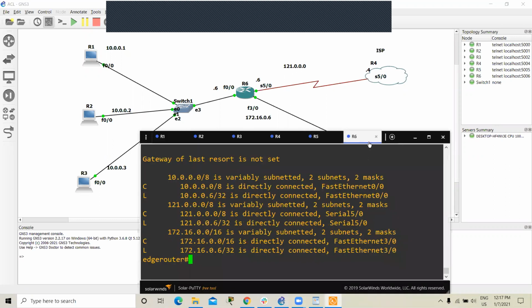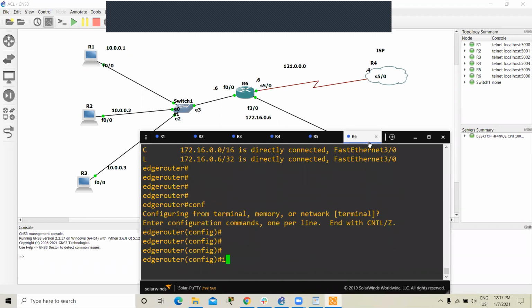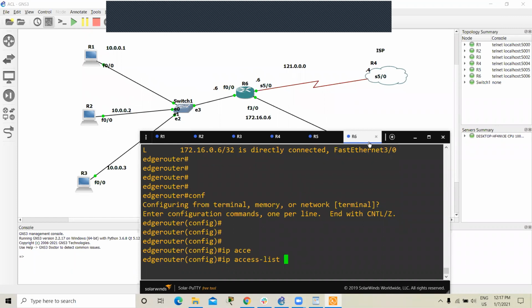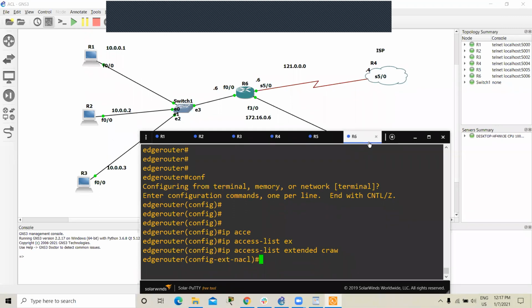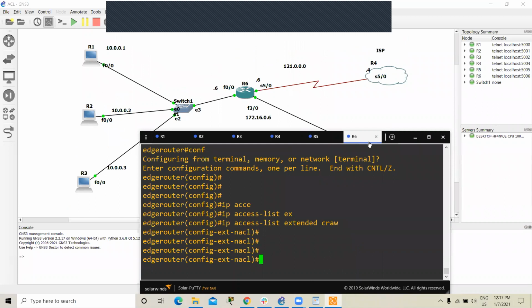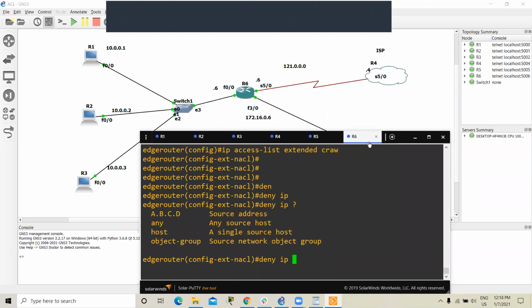Go on router 6, global configuration mode, ip access-list extended, and here we give any name, like I can give cross. Then we give deny ip, source IP.